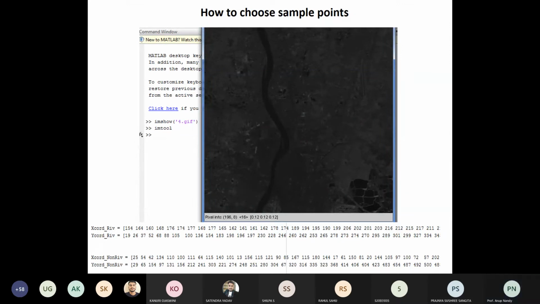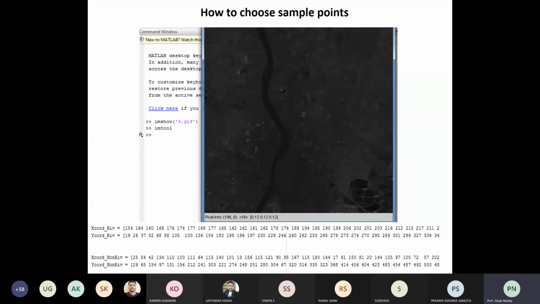As you know, the size of the images is the same. Each image is 512 into 512. So you take any one of the images for choosing the sample points. Either you can take the R band image, the G band image, or the B band image. You take any one of the images, because as the size of the image is the same, the coordinate positions will also be the same. If you make a loop from i equal to 1 to 512 for the number of rows, and j equal to 1 to 512 for the number of columns, the row and column are the same for all the images.